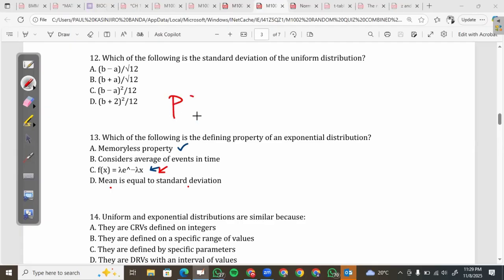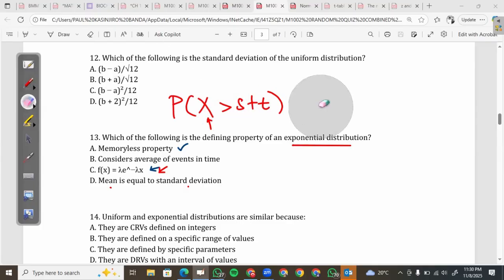So you say the probability that X has exceeded S plus T. This is specifically when you consider the exponential distribution. So the probability that the waiting time X is greater than S plus T,